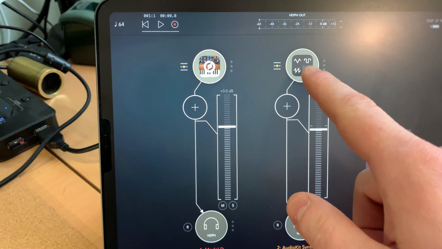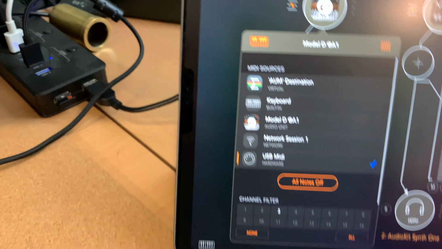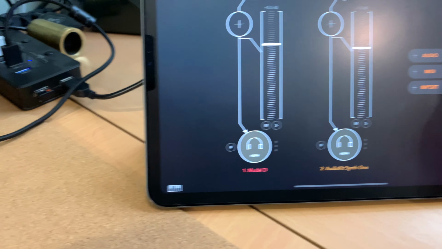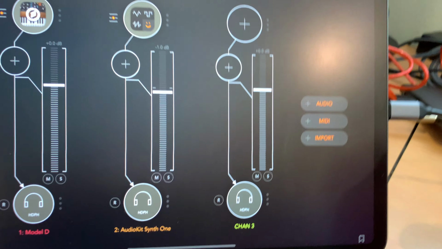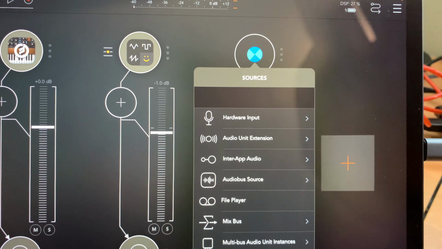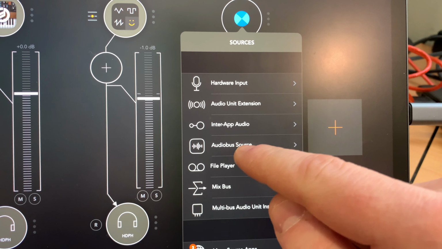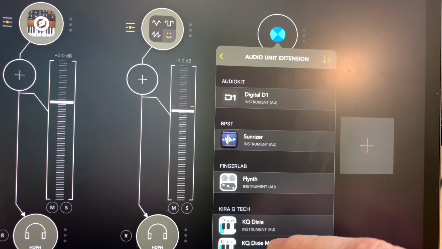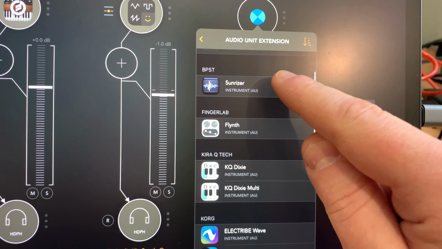So yeah, real quick to show you the configuration that you would set up here: you would add the device and you would say you want it to be audio, which is tricky. It's not MIDI, so you want audio. Select your audio unit extension or your inter-app audio, whatever the synthesizer or instrument provides. So we'll select Sunriser,